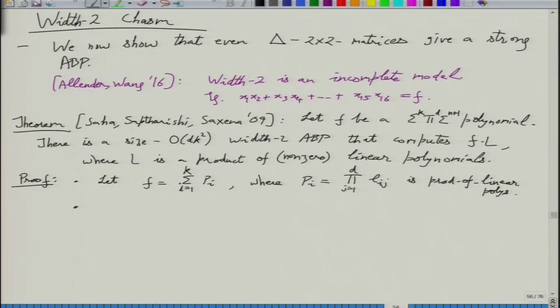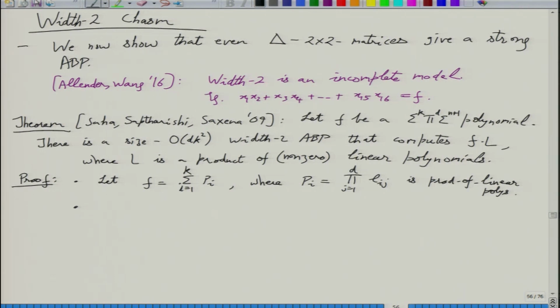Unsurprisingly this will be an inductive proof, and surprisingly it will also be a divide and conquer proof. To be precise, we will use it on these additions. There are k product gates, so we'll compute the first k by 2 as a 2 by 2 product, and the second k by 2 as a 2 by 2 product, and combine. So base case is